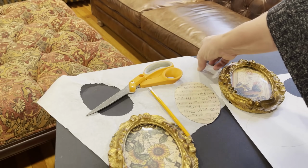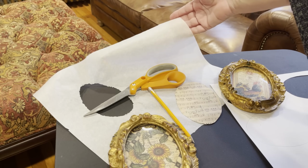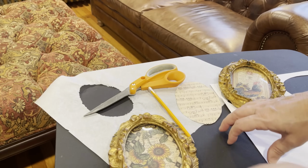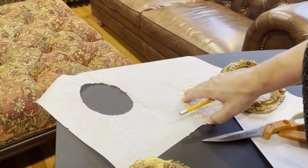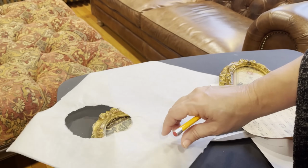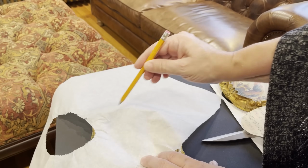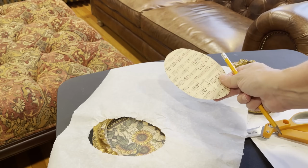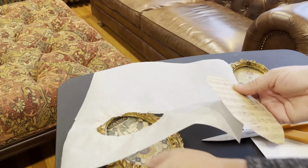Okay, so I have a piece of parchment paper. You could use regular paper, wax paper. I just had parchment, so decided to use that. So pretty much I just placed it over the frame and then just traced it with my pencil, to give me a pattern. And then after I cut it out, I traced it onto